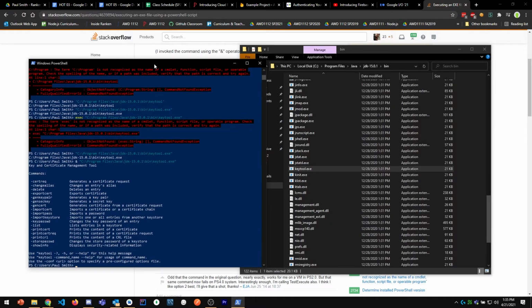And then you can see the arguments above there: -list, -v, alias, Android debug key, keystore, etc. All of that needs to be in there on the same line. The good news is you only need to do this once. So when you get that all in there,